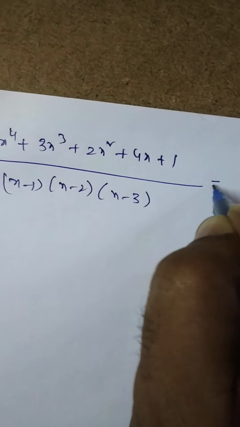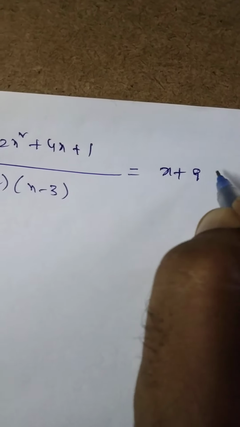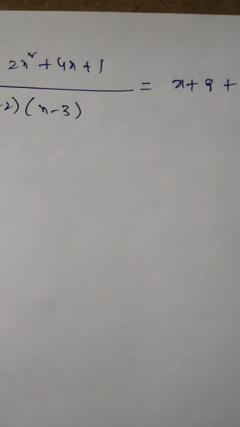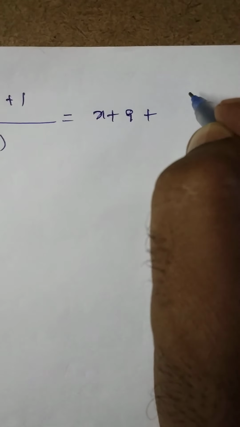This I am going to write as the quotient I got, x plus 9, plus the remainder over the divisor, 45